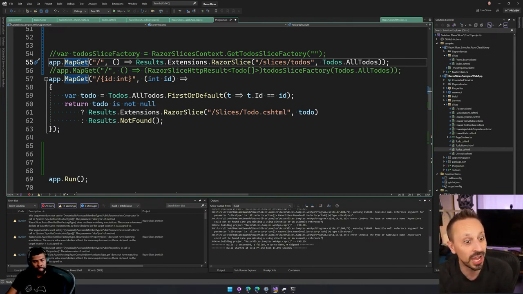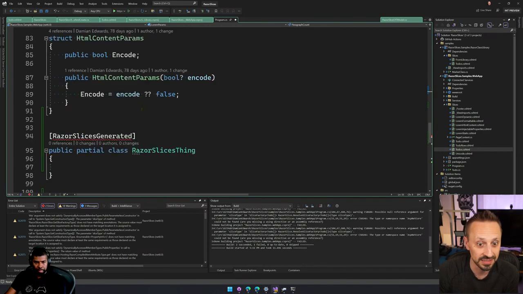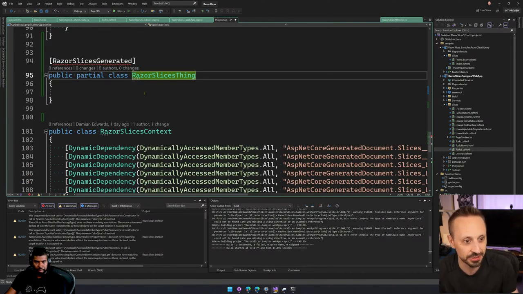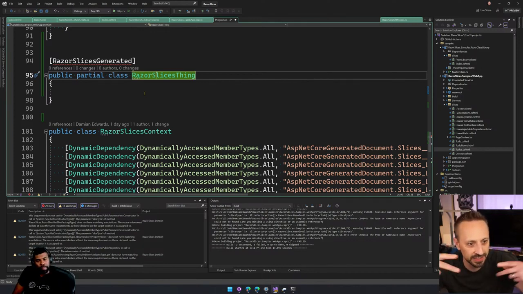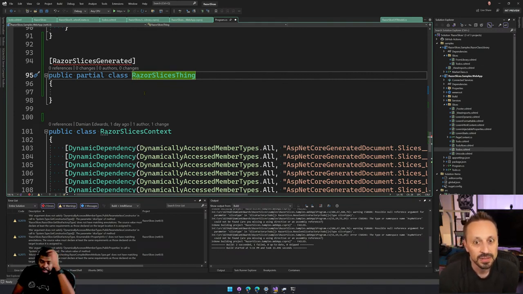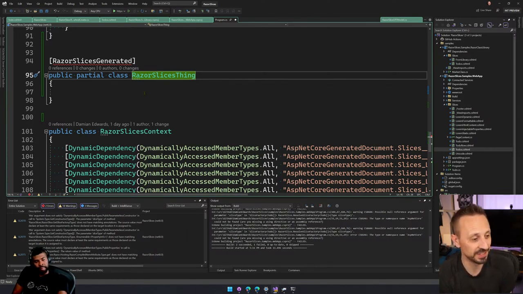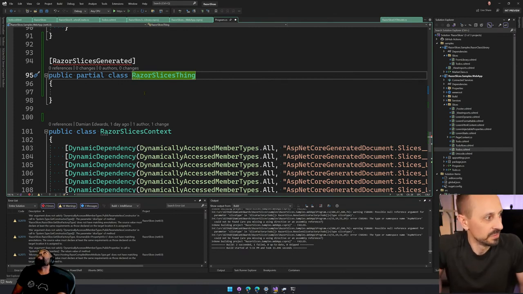But you can absolutely have types from another library that you want to JSON serialize from a map get in your project. Yep. And that has to flow. And the way you do that is you have to, in your other class library, create one of these classes, which in the case of JSON is a JSON serialization context that you derive from. Yep. And then you have to configure your app in its options to stitch them together. Like you have to add them to the global list effectively in DI. So I could just mimic all of that, but I was kind of hoping we could do something a little less ceremonious. But if you did interceptors,